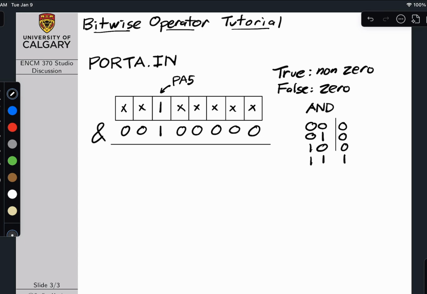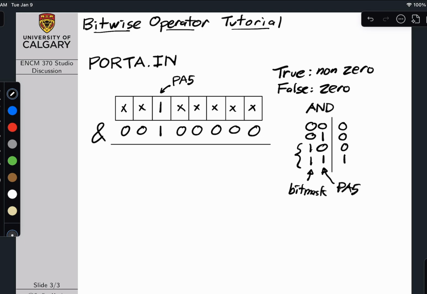And pay particular attention to these two lines. So you can think of this input as the bit mask,